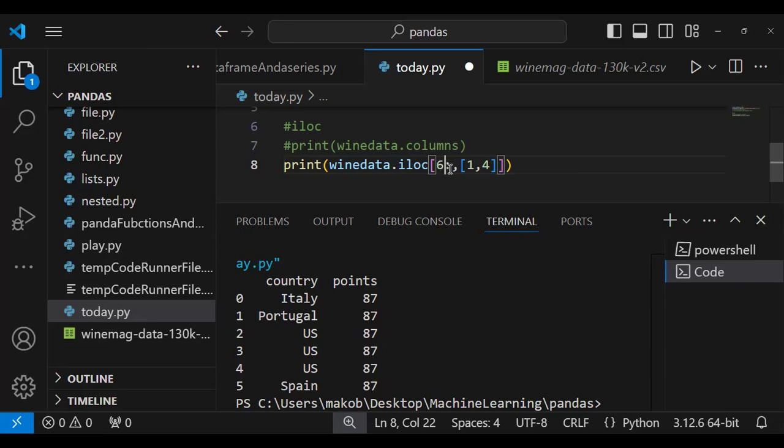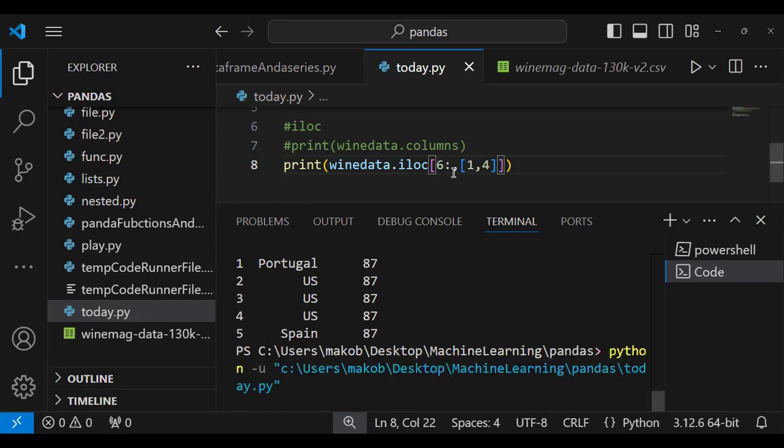If I put 6 at the end here, it means it will begin from the first row, but end at index 5. But if I put 6 at the beginning here, it means begin from the 6th row and go up to the last row. So if I display this,